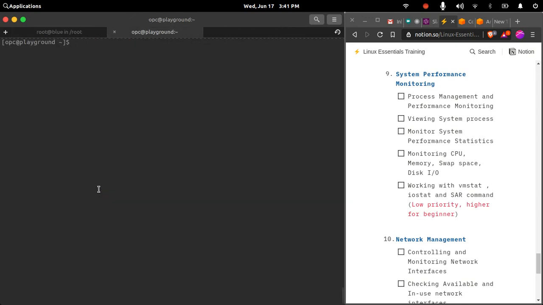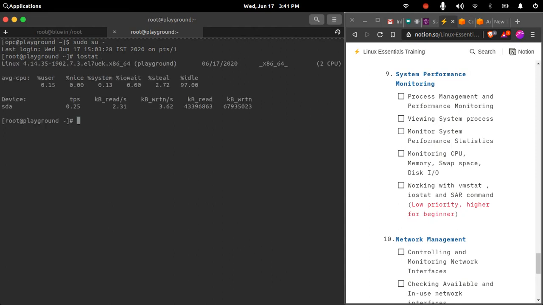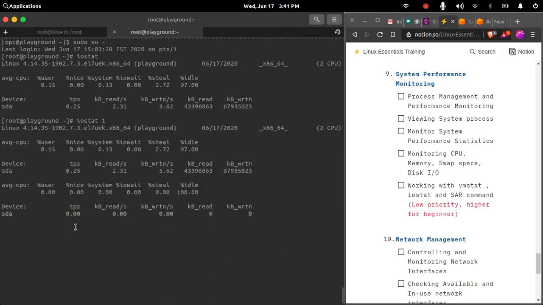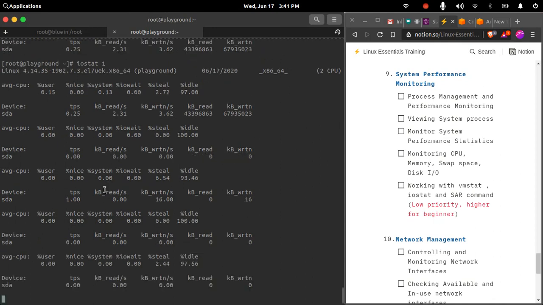So let us check whether we have these commands available on our Red Hat based system. iostat, yes, it is available. Let us use it in the same way, printing the statistics every 1 second. On a Red Hat based system, it will print the same output.